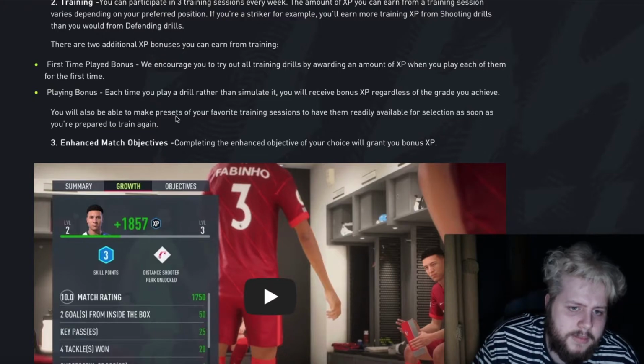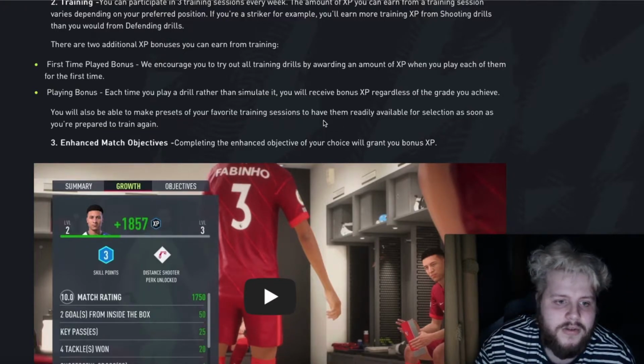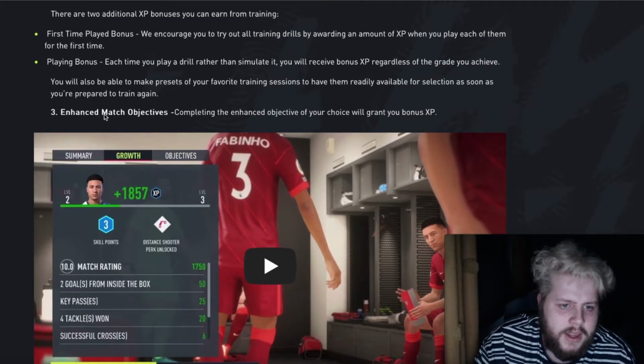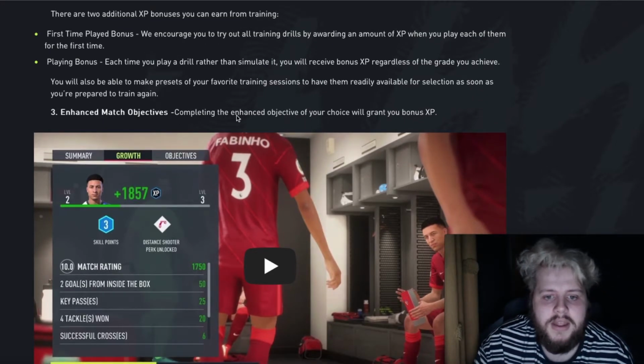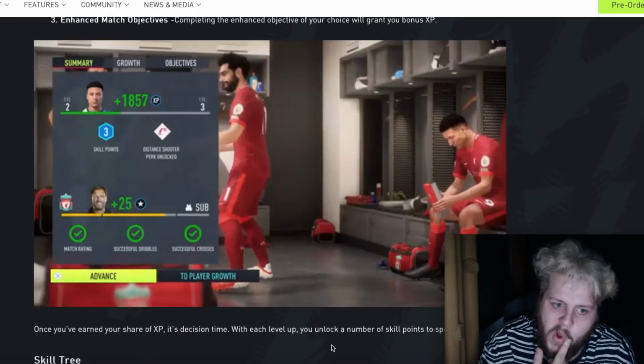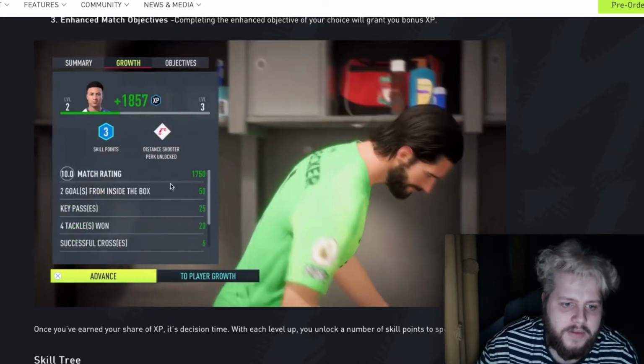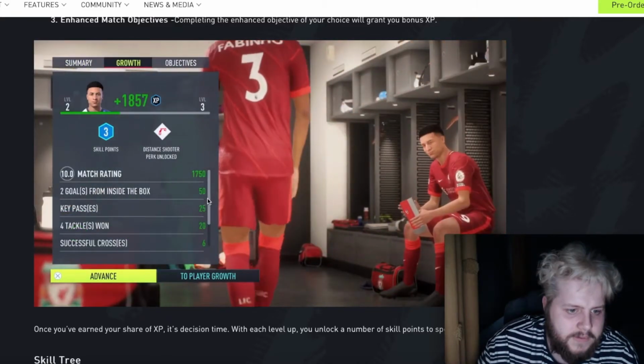You'll also be able to make presets of your favourite training sessions to have them readily available for selection as soon as you prepare to train again. Enhanced match objectives. Completing the enhanced objectives of your choice will grant you a bonus to XP. Okay, little cutscene, that's pretty cool. So plus 1,857, so 50 for getting...